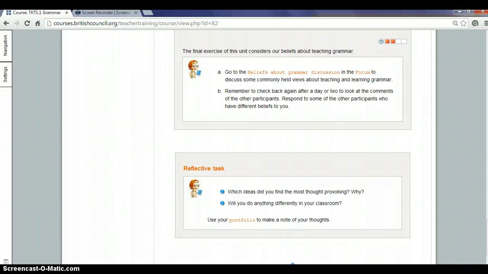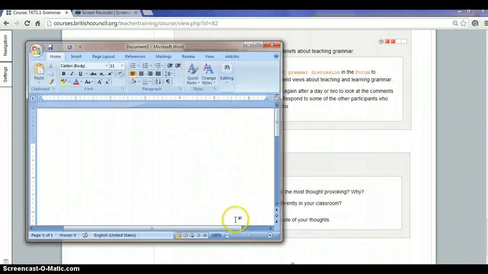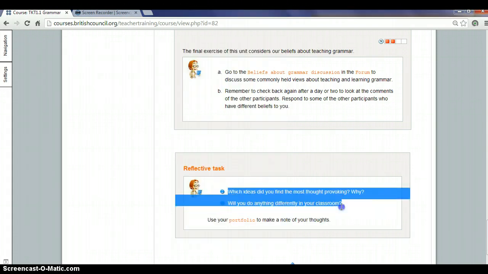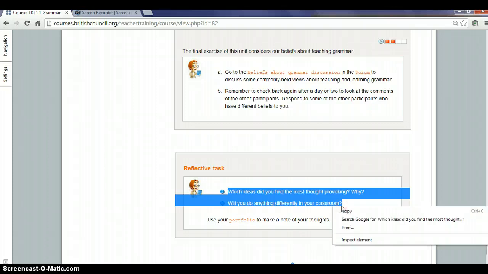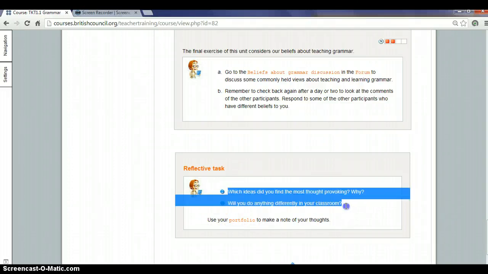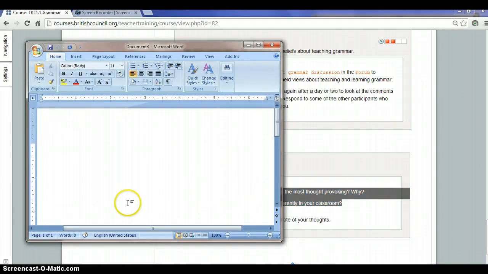We open a blank Microsoft Office Word document. Okay, here's our blank document. We highlight our questions that we need to answer. We press Control C on our keyboard or right click and copy, either way. Okay. And then we paste that into our Word document. But now, what were our friendly online tutor's instructions? First, we need